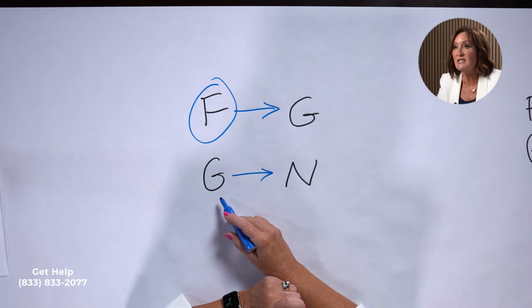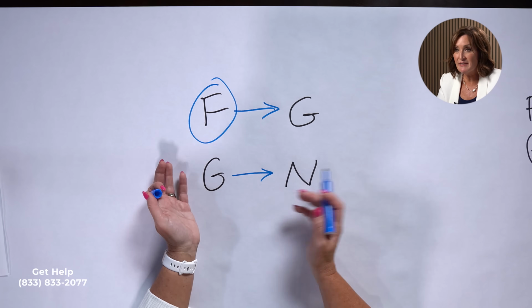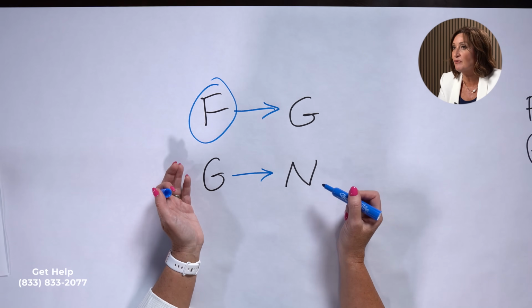Same thing if you're on a G now, and you might think, oh, this is expensive, I need to go to an Advantage plan. Well, give us a call. Let's check out an N plan first. Going from a G to an N could save you money. And again, you just have to get through that medical underwriting. So really, with the supplemental plans, whatever letter you have, a lot of people really are attracted to them